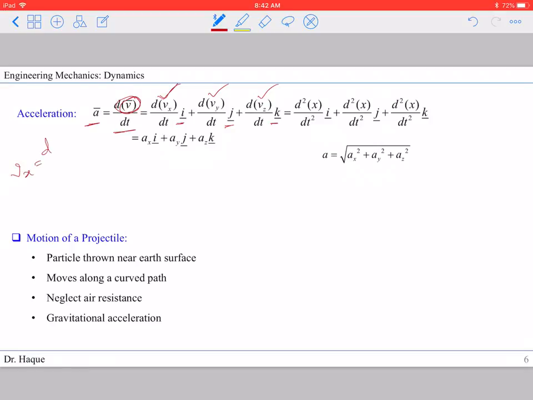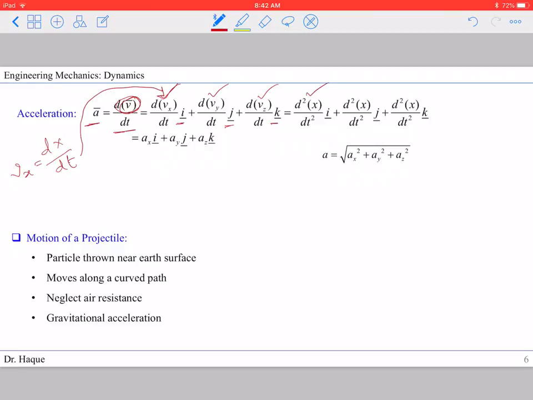We know that vx can be represented as the x component of the position, so dx over dt. So if we plug that here,